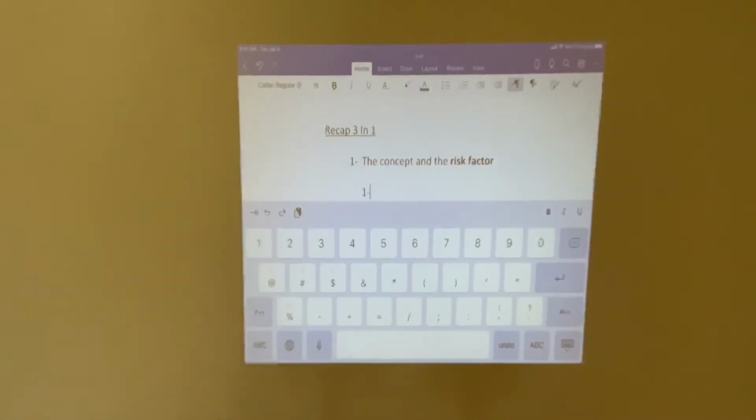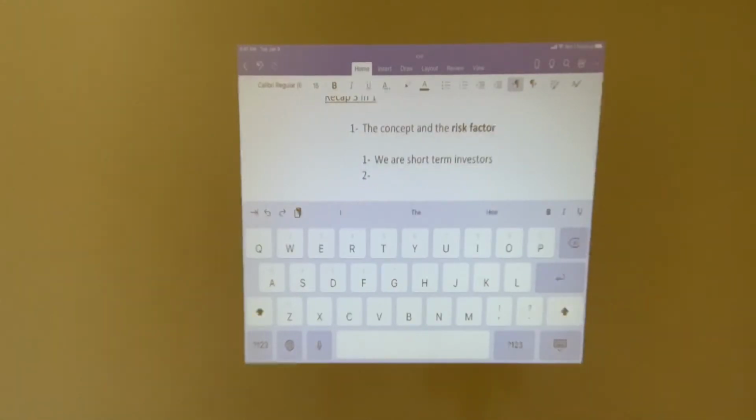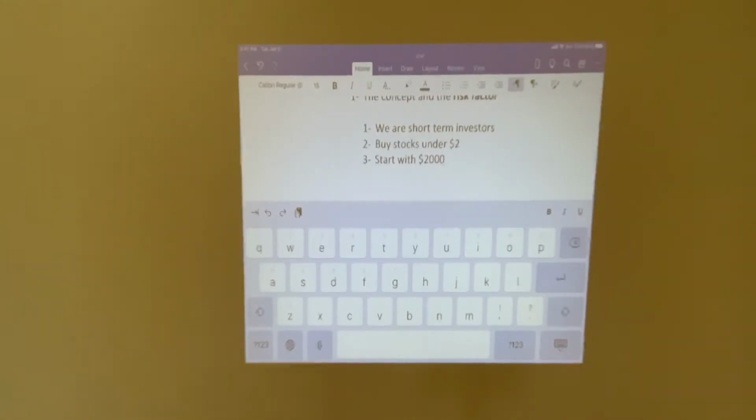First of all, we are short-term investors. It doesn't matter which one you put first or second. Second, buy stocks under $2. The third one, we said buy stock under $2. Start with a $2,000 budget. Those 3 elements are going to help you manage the risk very professionally,